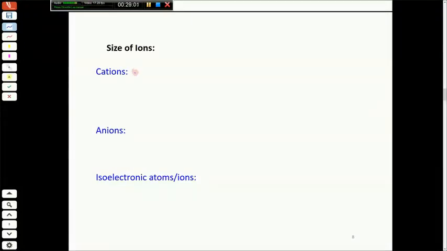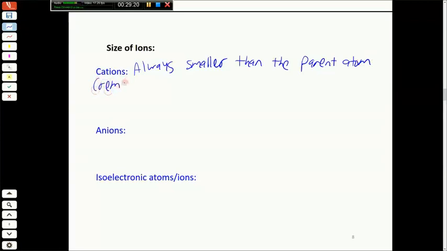So the cations are always going to be smaller than the parent atom. And that's because we're removing the electrons that are furthest away from the nucleus. So the radius of an atom or an ion can be thought of, in a simple fashion, as the distance from the nucleus to the outermost electrons. If we remove the electrons that are farther away, the cation is going to be smaller than the atom that